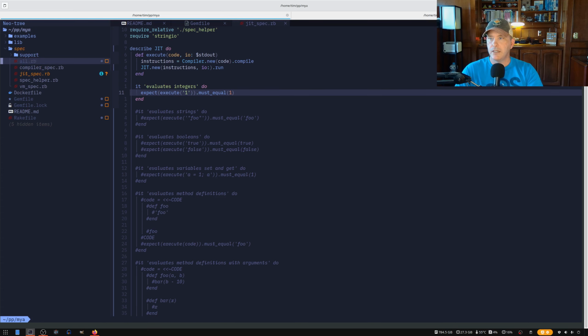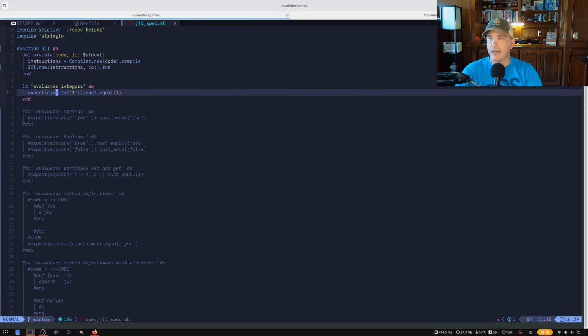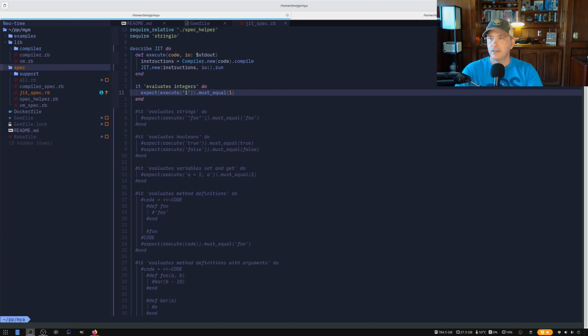So we want our JIT file. We'll do that here. I forget how this works. No, not copy. New? No. How do you make a new file? This is my Llvm add. A for add. Okay. Let's do a JIT.rb